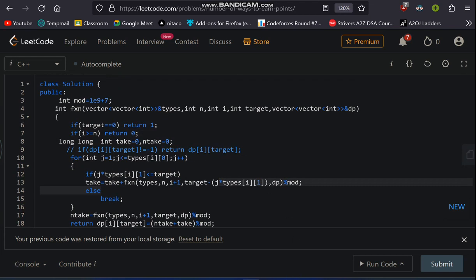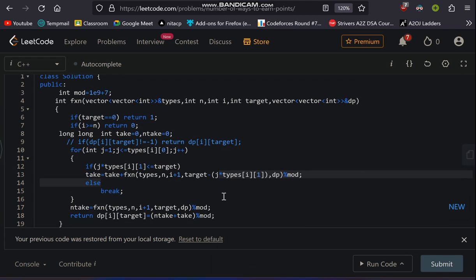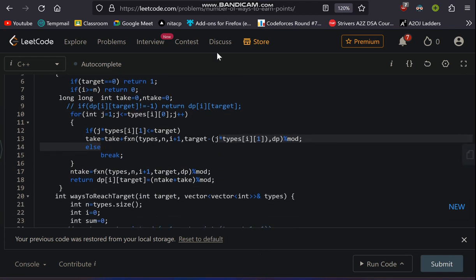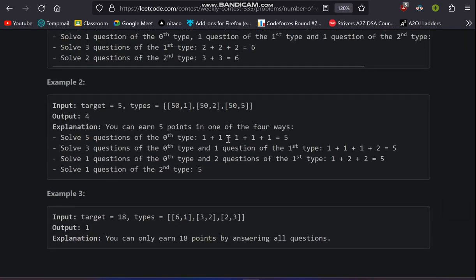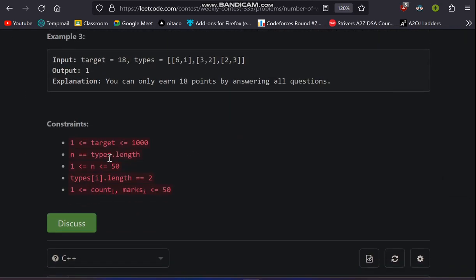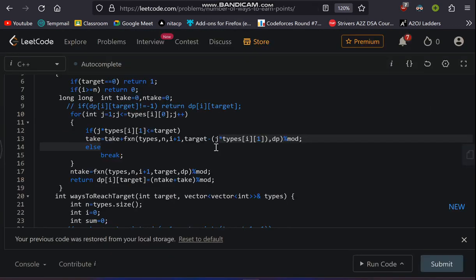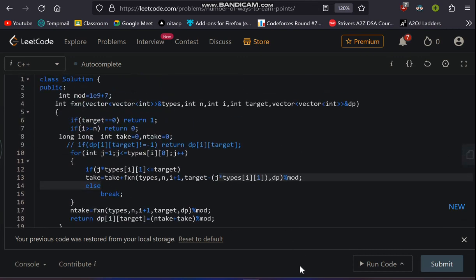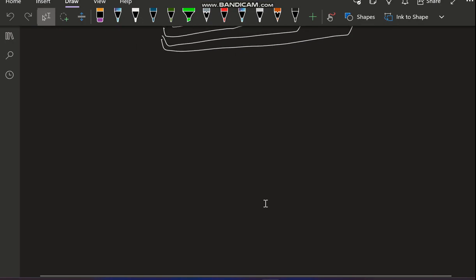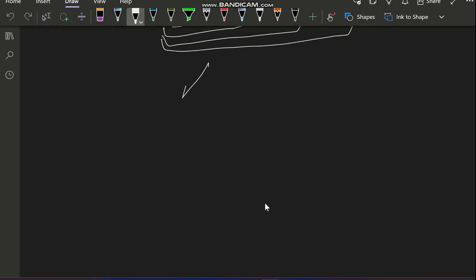Now let's analyze the time complexity for this question. If I see the constraints, the target is between 1 and 1000 and the value of n is between 1 and 50. For each case we have two options: either we take that value or we don't take that value.